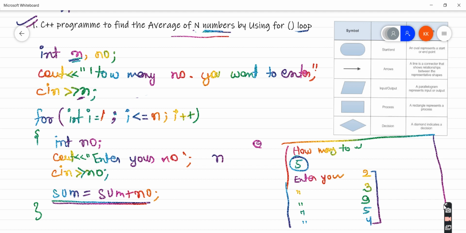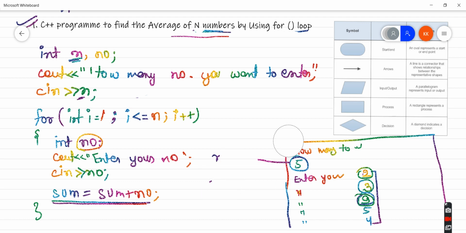So we have two variables, one to store how many numbers there are, and another one, number. This number is going to store the value entered by the user one by one. Yes, for the first time the number value will be 2. But when the user enters the second number, the number will be updated to 3. Then again this number variable is going to be updated by 9, right?